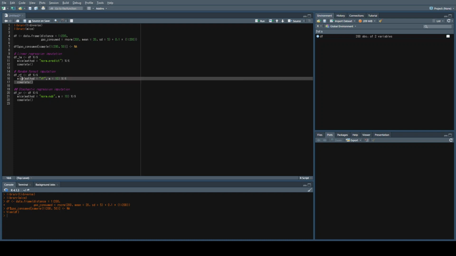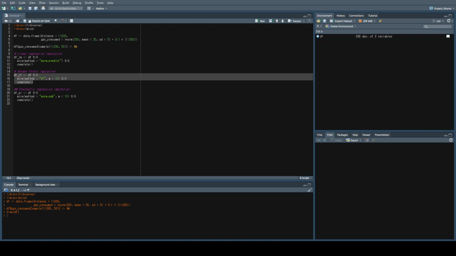And then again the complete argument, to go ahead and impute those variables into the data set. A random forest imputation is basically just using a random forest algorithm to predict missing values based on relationships between the missing data and the available data. It's a pretty complex algorithm. I'm not going to sit here and pretend like I know all of the math behind it. I just know that it takes into account relationships between missing data and available data, and then makes decisions based